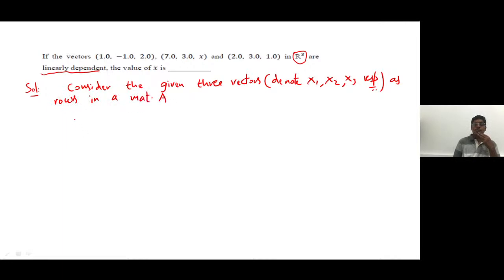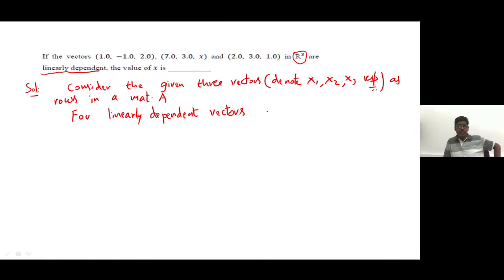Okay. Now, for linearly dependent vectors, either rank A is less than n, where n is the number of vectors, or det A is equal to 0. For linearly independent vectors, det A is not equal to 0 or rank A is equal to n. Either of the methods you can apply, whichever is applicable, that is rank method or determinant method. But for linearly dependent vectors, determinant A is equal to 0 or rank A is less than n,